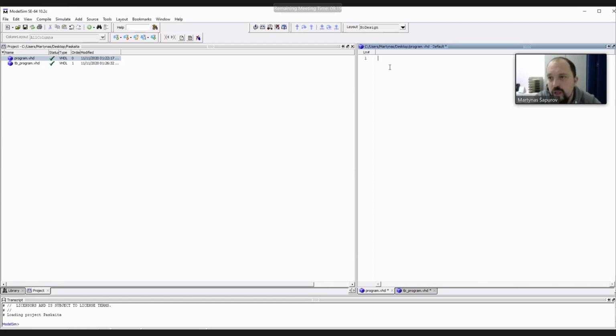Because in a real FPGA, we have some such things as routing, and for routing there is some UCF file called for routing directly outputs of our subprograms directly to the board outputs. So we are going to use library IEEE, and we're going to use